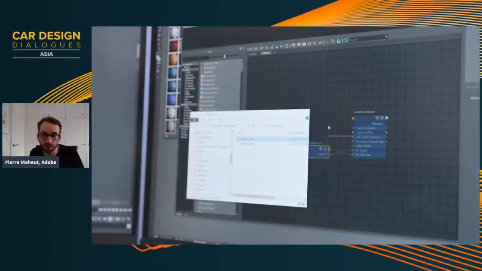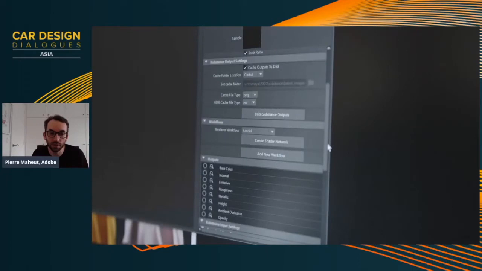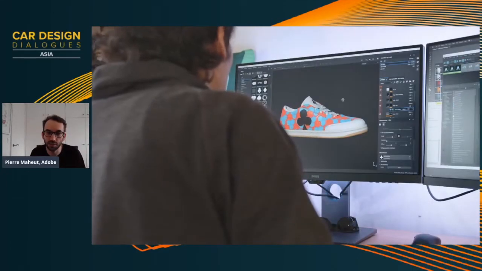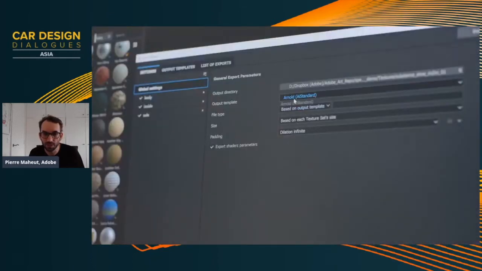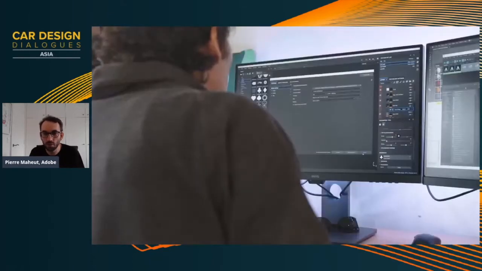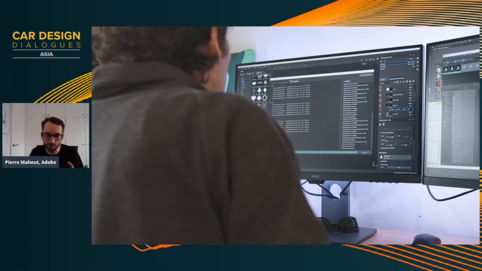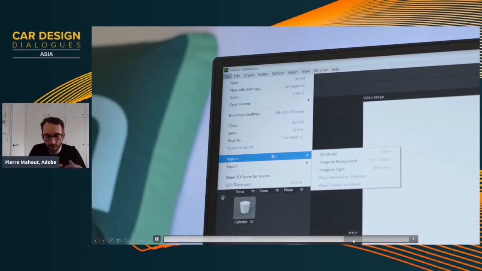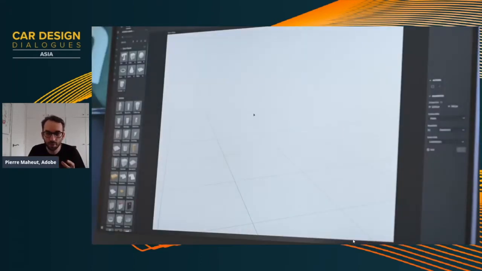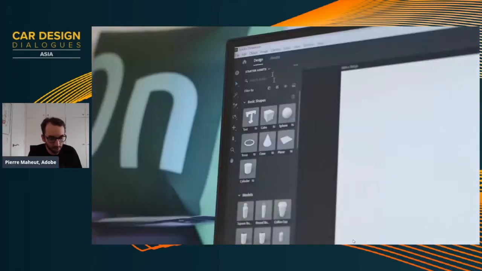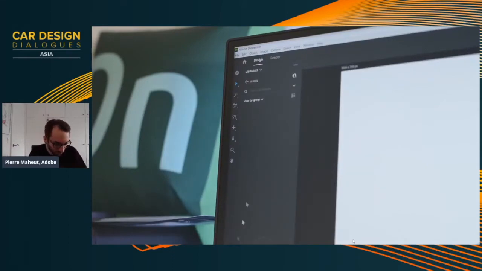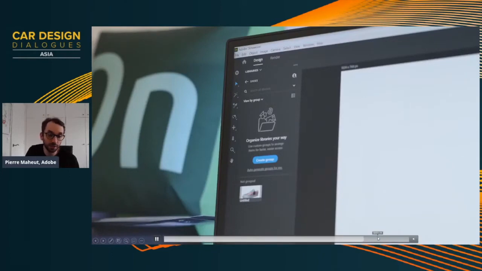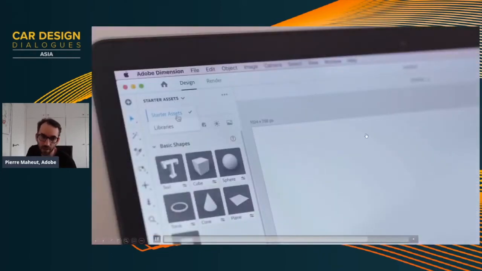So here we are using it in Maya, using the Substance plugin within Maya, and recreating these materials in the Maya interface. So we have a very flexible way to import and export our digital materials through the different ecosystems of Adobe Substance 3D tools, but also external tools coming from Autodesk, Dassault Systèmes, or The Foundry, for instance, to give a few. And you will see it in action in Unreal in the end with Ronan.